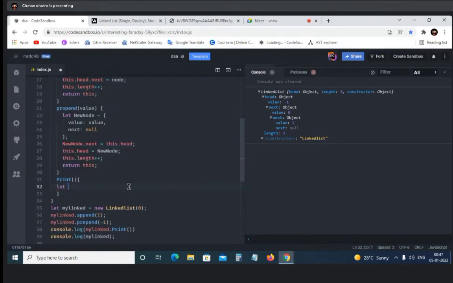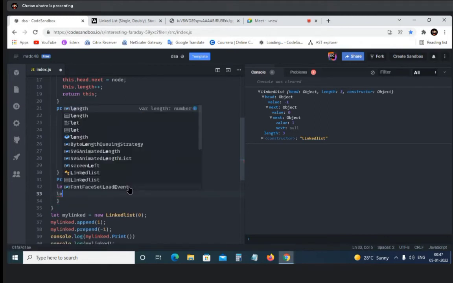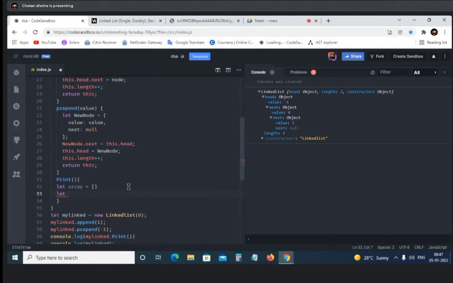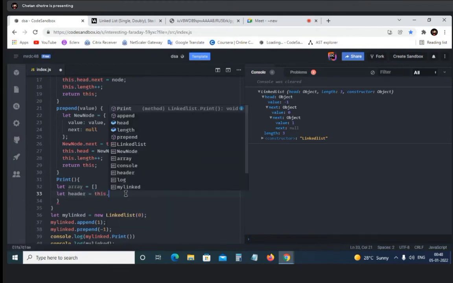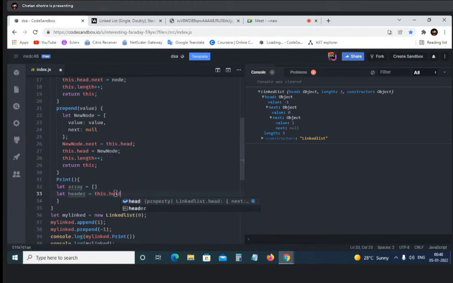So we will just create a new array, and we will create another variable which will hold the values of the head object. As we know that the head object has everything, like the values which are there, so we can access it easily. So we can say header equals this dot head. So now this dot head is assigned to header.